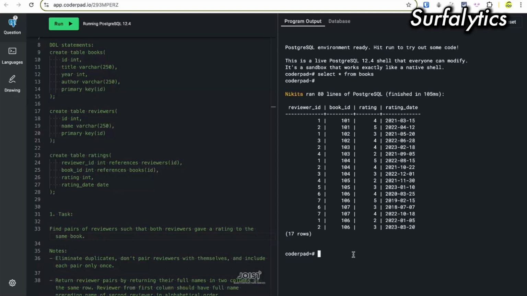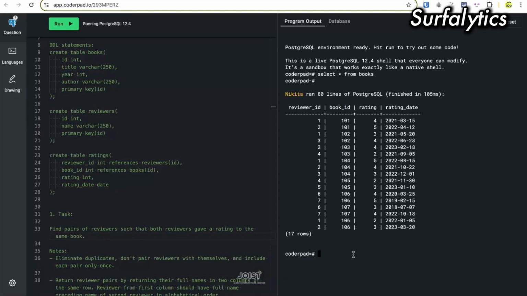For example, in the first step, I need to take reviewer name from ratings, and I would like to join ratings once again to get two reviewers' names with the same book ID, I think, and reviewer ID.